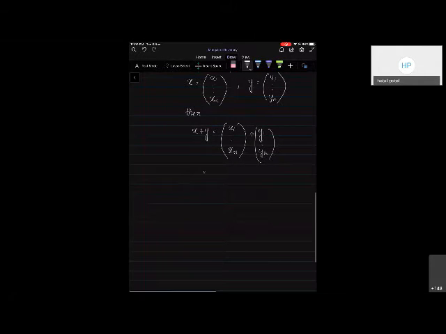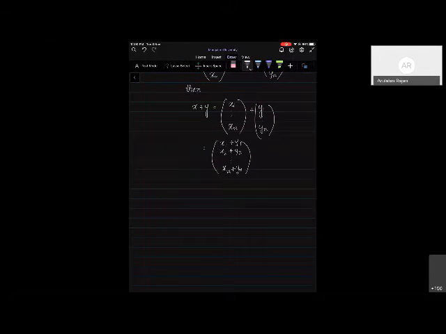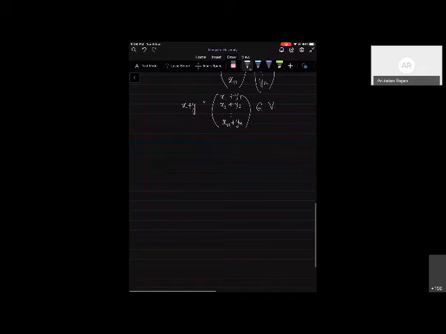This is component-wise addition we do. We say that x1 plus y1, x2 plus y2, etc., xn plus yn. x plus y is equal to this, which is also an element. This is x plus y. This is also an element of V. For example, let's consider this. For example, if V is the set of all two component vectors,